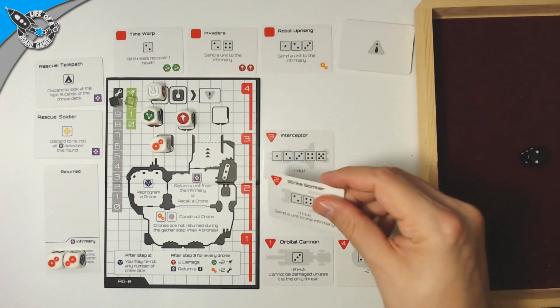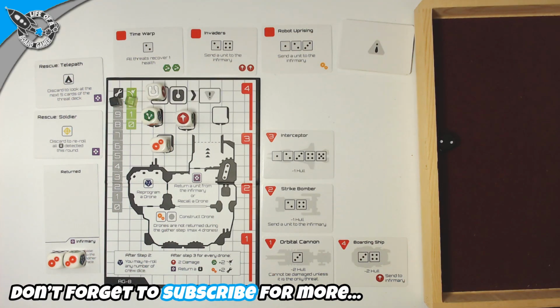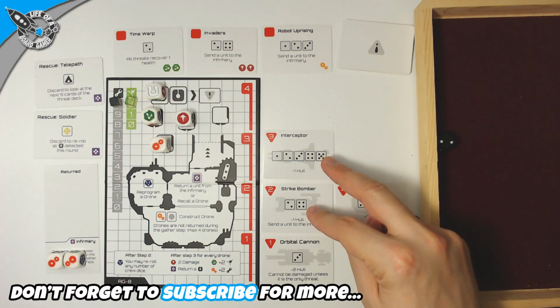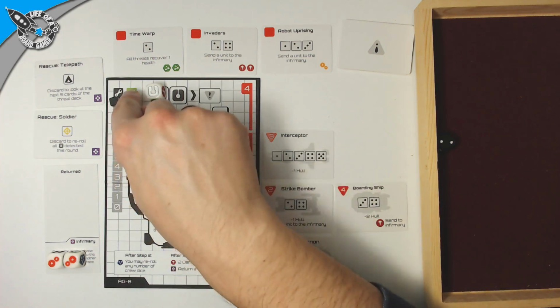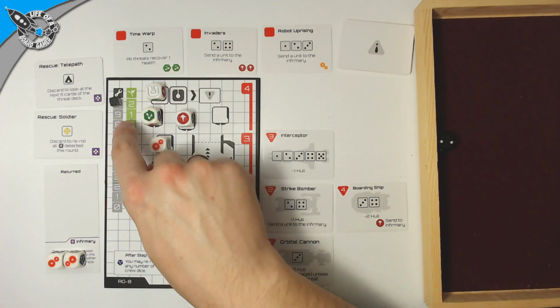A Strike Bomber. He also sends a unit to the Infirmary, but lucky for us, or bad for us, we don't have anything to send to Infirmary. Again, number 2. Well, this is a coincidence. So this one will heal, and these 2 will attack for 2 damage, which means my shields are down, but I will just repair them right away because now it's my turn. And I just repair the shields